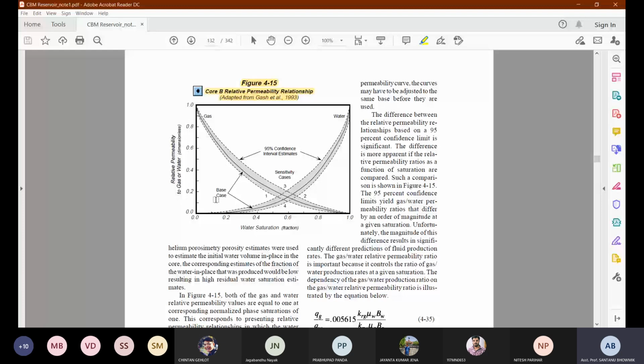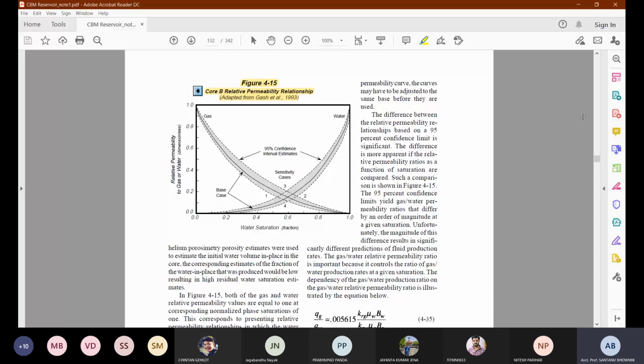You may not be able to understand in much more detailed way, but you will be able to, if you have understood the relative permeability, if you understood the concept of the water saturation and the gas saturation and the irreducible water. With some statistical variation, the normal distribution, t-distribution, amalgamating all those things, you will be able to understand this graph.